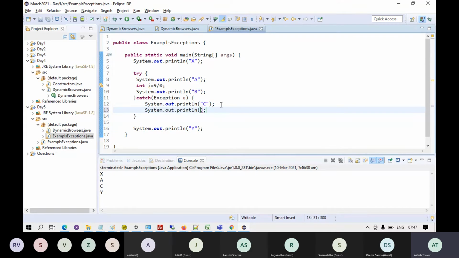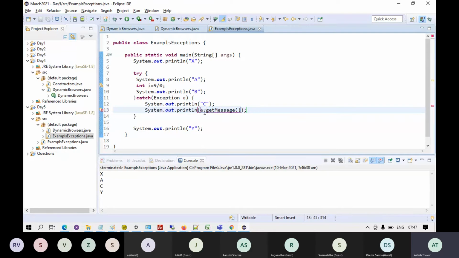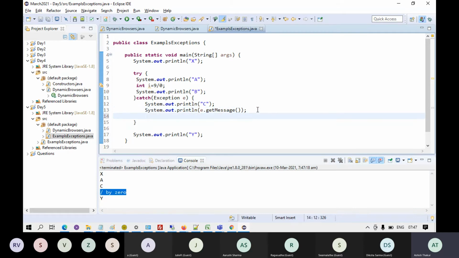You can see what kind of exception was thrown. You can write e.getMessage, and if you run this, it will tell you that the exception was divided by 0. If you want to print the stack trace, the one which I showed you earlier, you can also print the stack trace.